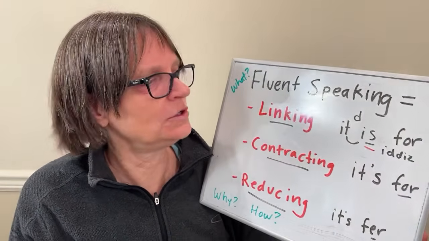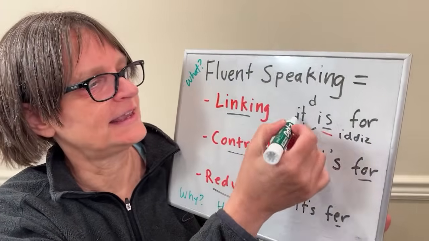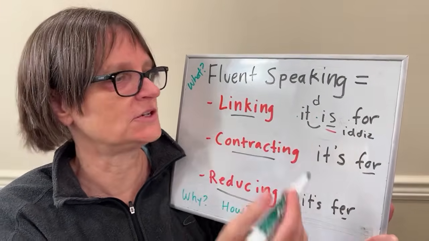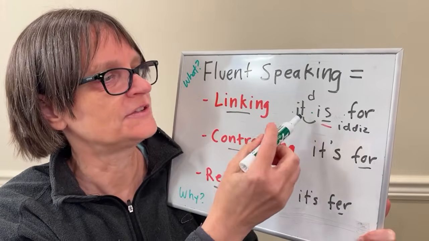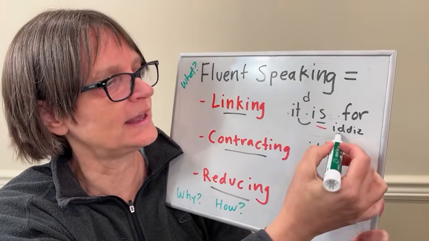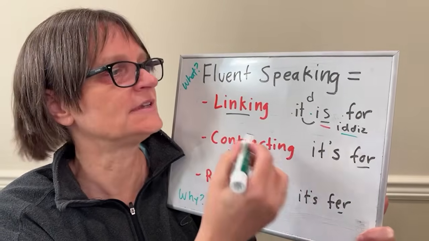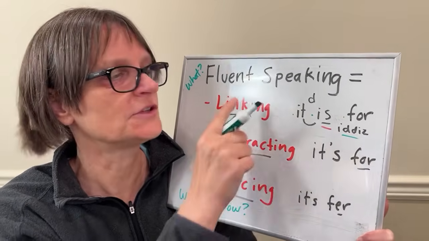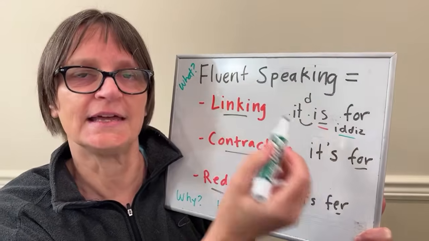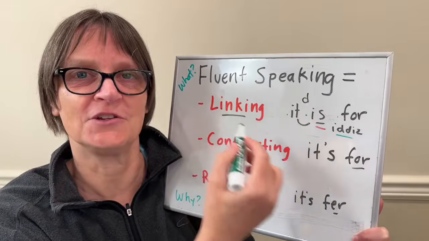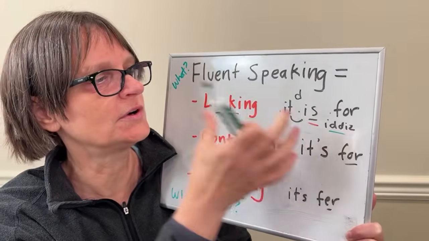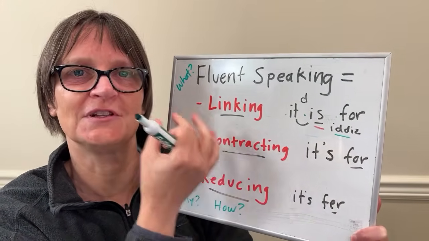Okay, so looking at a phrase like it is for. One thing that I do in speech is I link words together. So I'm not breaking between it and is. It'll sound more like it is, it is, it is for, it is for. So there's a lot of places where as we link, especially a T at the end, we may change the sound and it jumps and connects to the next sound. Rather than thinking of it as two words, we want to think about it more as two syllables that connect